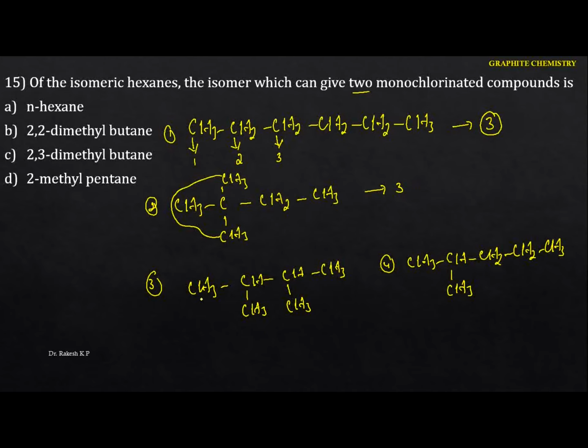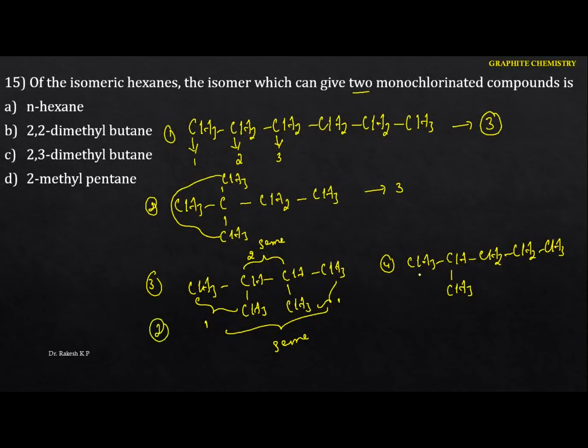Come to this one. If I replace here and here, we can get the one product, and if I replace here is one product. That means these 2 you can identify are the same. So whether you replace in this carbon or maybe this one, or maybe here, we can identify the same product here. And also I can replace the hydrogen in this one. This also gives the same result. Okay, just go to this one. This is the second monochlorinated. This will be the first. That means how many can we identify? Only 2.